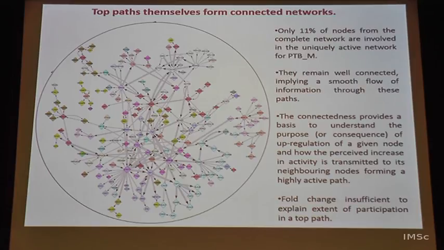Something must trigger that change, and this shows that most things are connected to each other. In fact, we have done this for several other situations, and we find that they are connected. A small amount may not be connected, but that is because our network may be incomplete or there are changes that are happening. But we also randomize the network many times, and we see that such a connected network does not come. You randomize nodes or edges or their weights, and you do not get back the same thing basically.